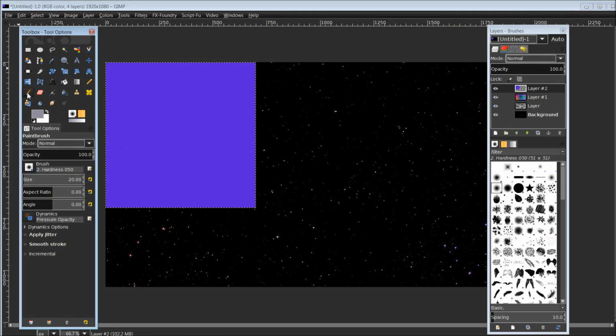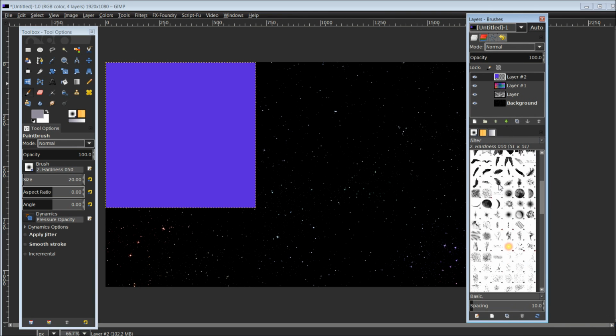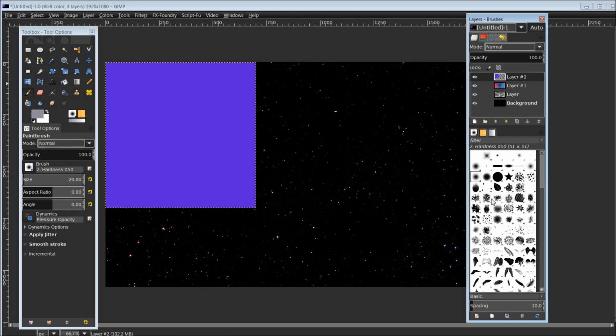Now I have my paintbrush tool selected, and I'm going to come over into my brushes dialog box where I can choose the style of brush I wish to use. And for the clouds, I believe I am going to use acrylic number 2. If I raise the size of this up, you can see the size and shape of the brush here. And with the opacity set at about 50%,